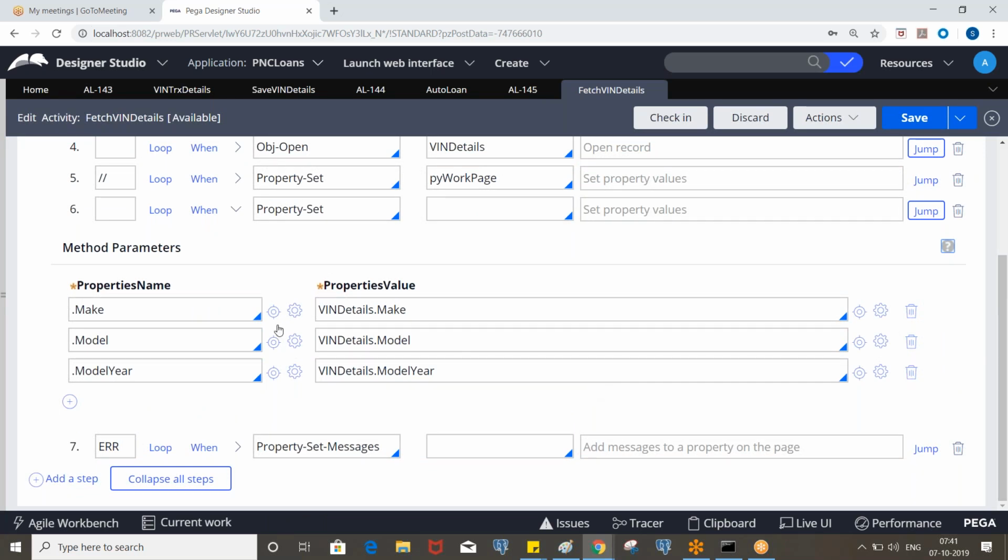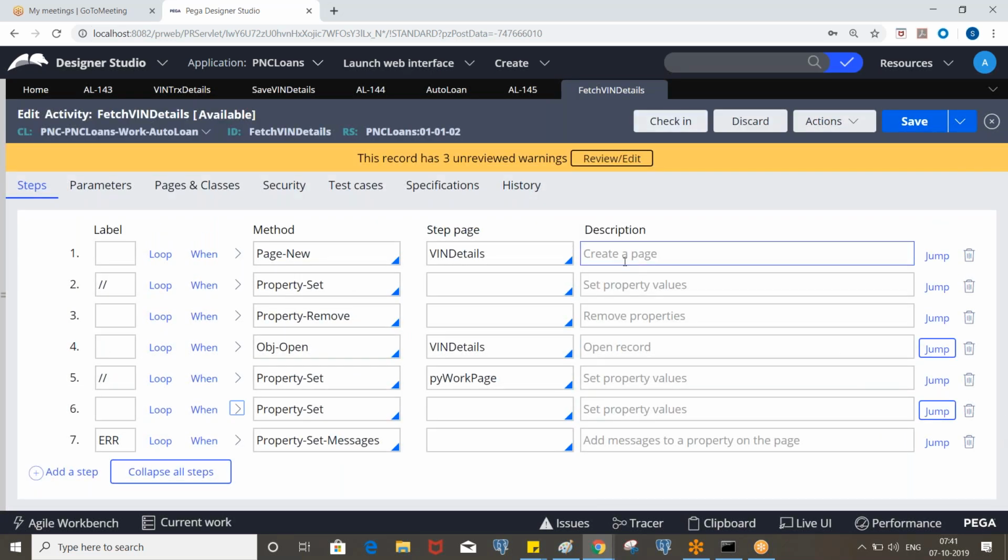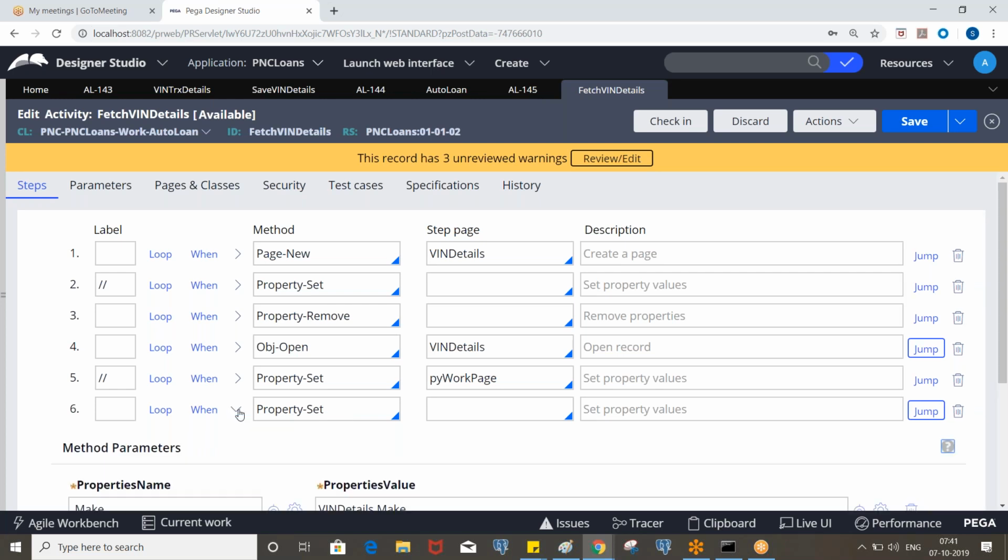But you will not have any issue, right? Because this data has already been mapped to the work class properties, so you will not have any issue. But sometimes, let's say before executing this, before mapping, if we call that activity, then it might call the page.